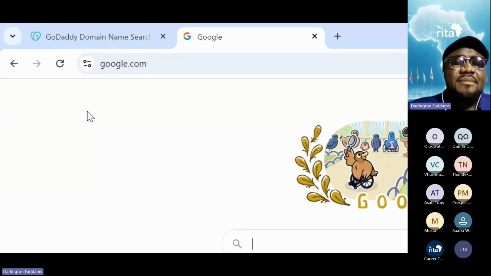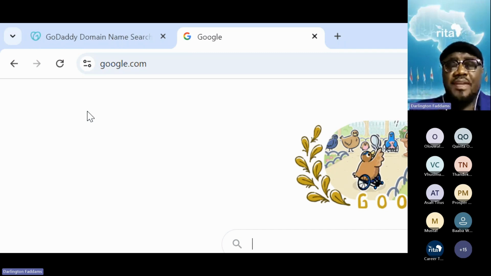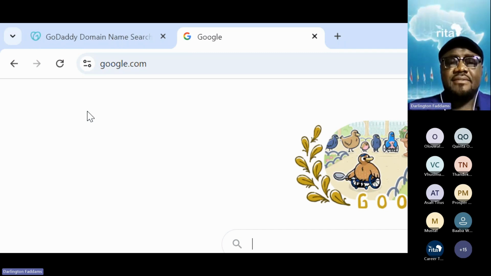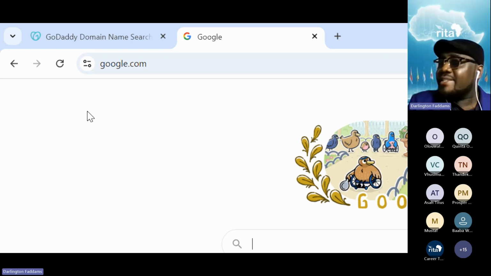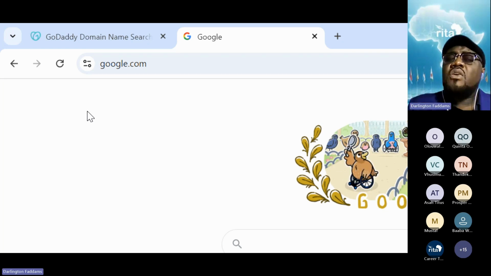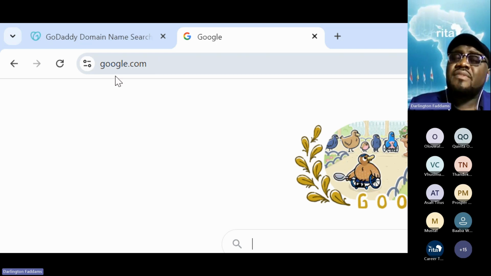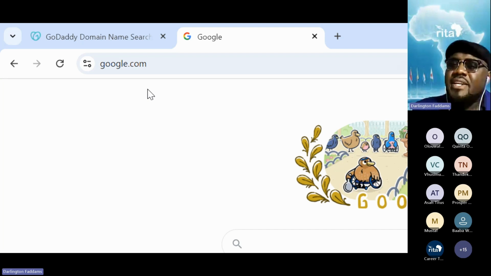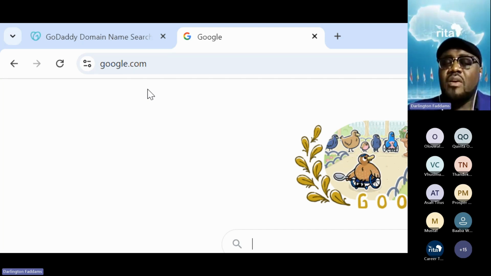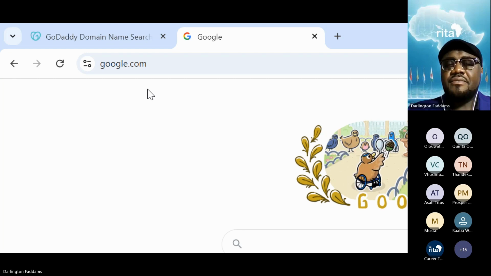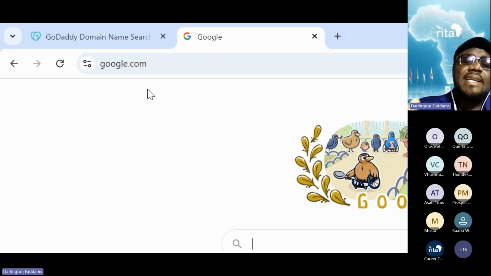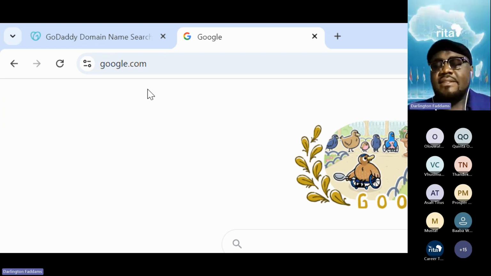So what you are experiencing, you may not think much of it, but this is what we refer to as domain redirection. You can redirect a different name to a correct intended name because Google is telling you that this is what we want you to visit. But because you visited our .NET, we want to bring you to the correct one. We call it domain redirection. Later, we'll learn about domain parking, subdomain, and a whole lot.